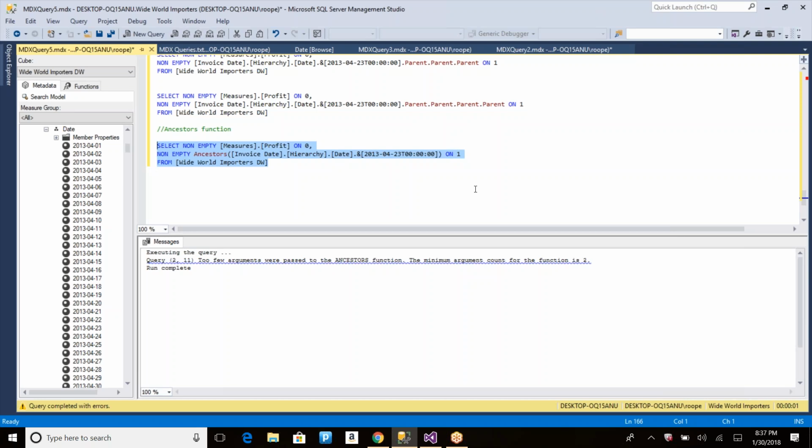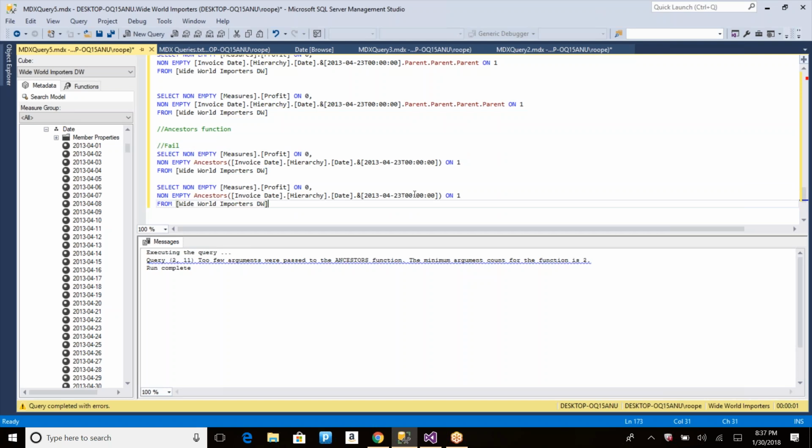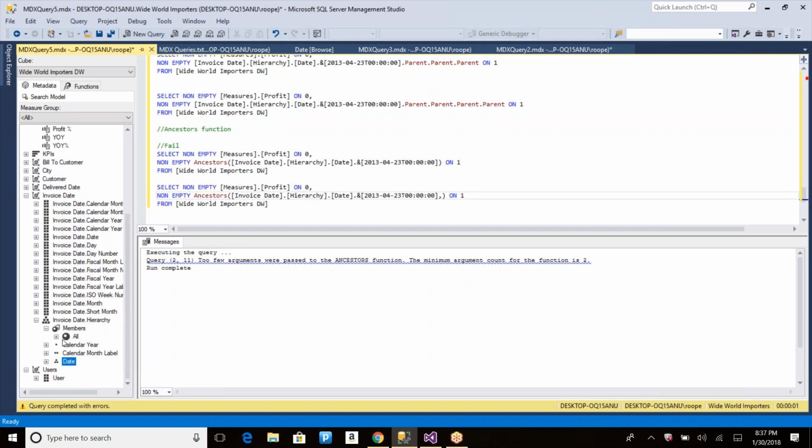So the major difference between descendants and ancestors is that ancestors expects a level. It won't go for all the levels, just like how the descendants function has done for us when I give only the All member. It has given all the children of it, right? The same way, ancestors will not work. Ancestors expects a second parameter, which is a level. So what level up you want to go? Let's say I want to go to the year of this guy. In that case, I have to drag and drop the year in the second parameter. And if I execute it,